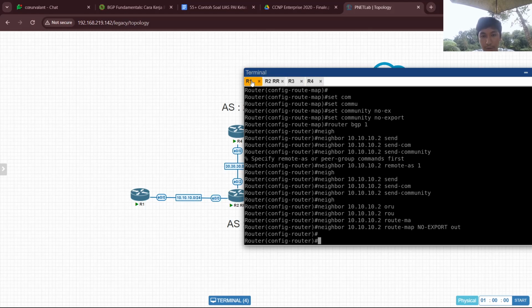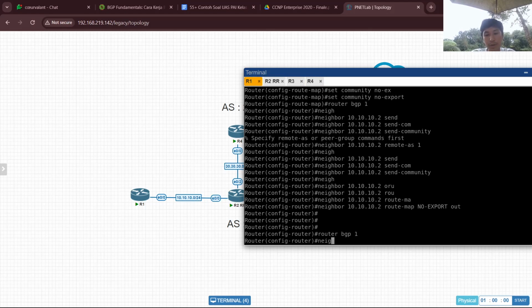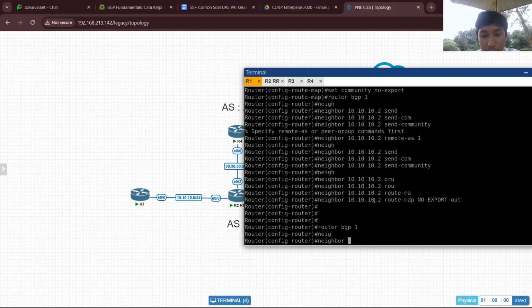Oh, sorry. On the router 1, I forgot to configure this because we use the route reflector, so we don't need to define this physical neighbor.